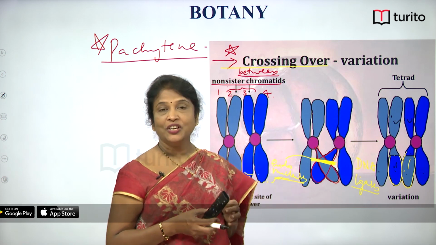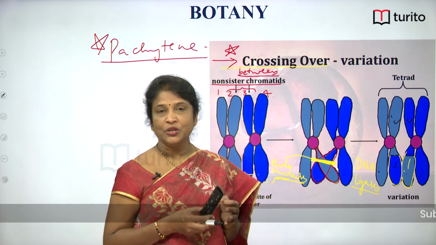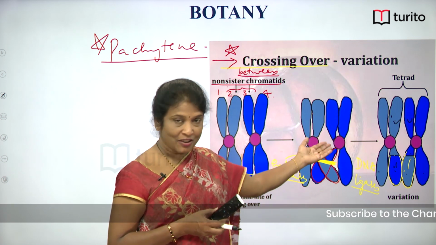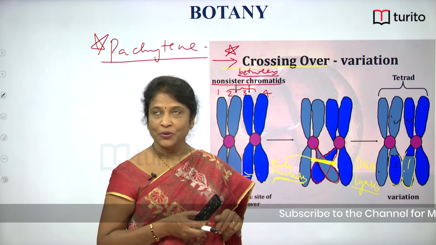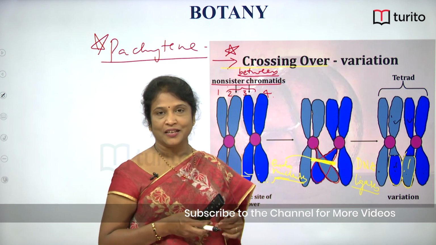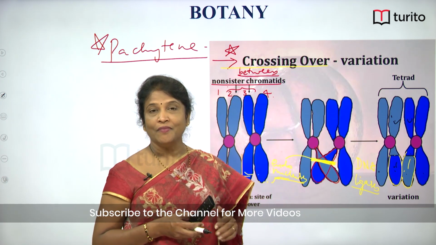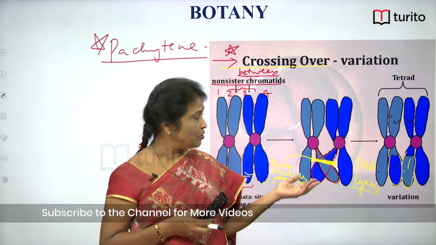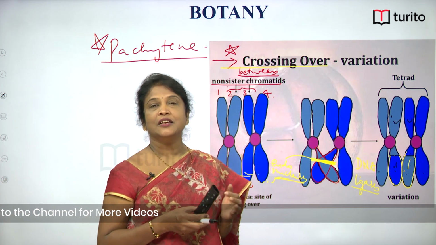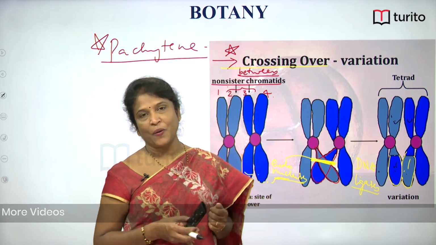So, here variations in the sexual progeny: generally, why do organisms prefer sexual reproduction and produce sexual progeny? That is to get variations with events like crossing over and genetic recombinations. Only during sexual reproduction does meiosis take place. Meiosis results in variations in the progeny, as during meiosis the main important event, crossing over, takes place, and exchange of genetic material between non-sister chromatids leads to genetic recombinations.